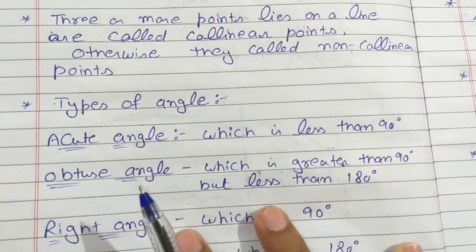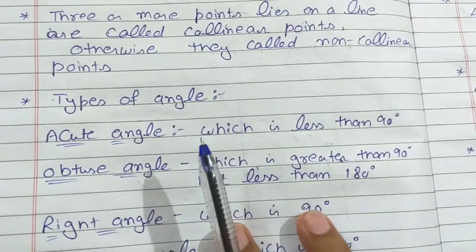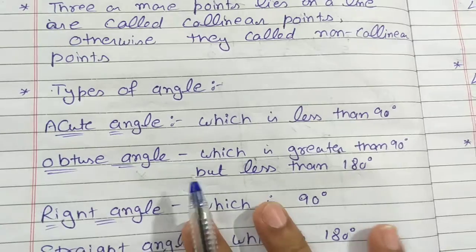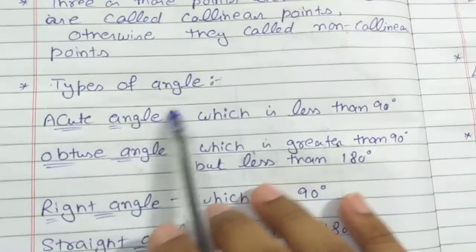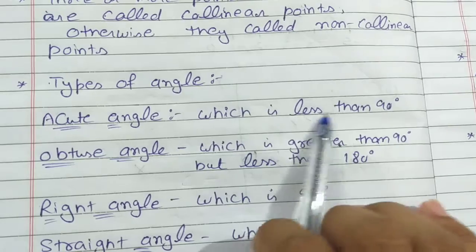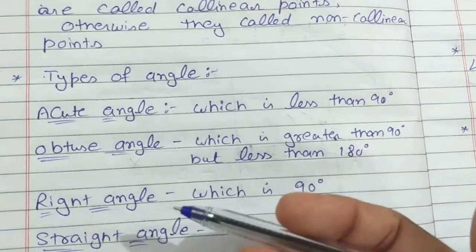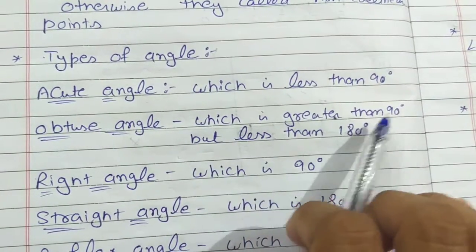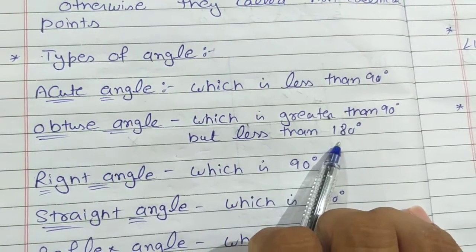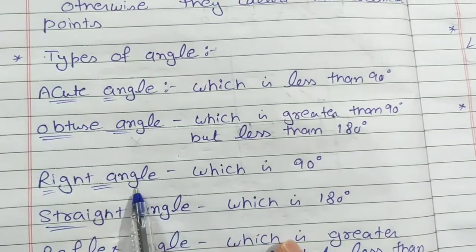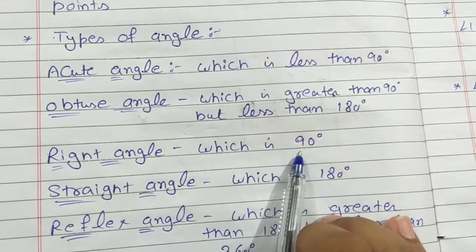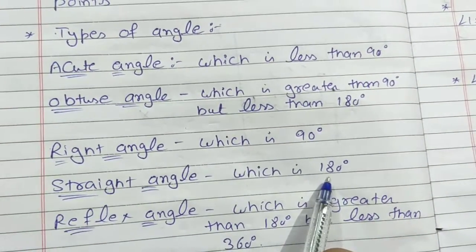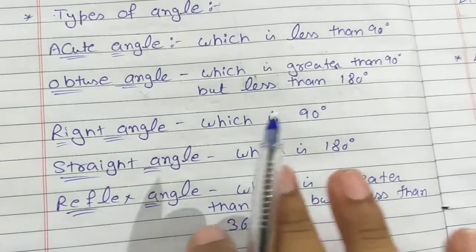Now next one is types of angles. You know very well about what types of angles there are, but we are recalling it once again. First of all, acute angle, which is greater than 0 degree and less than 90 degree. What is an obtuse angle? An angle which is greater than 90 but less than 180, that is called an obtuse angle. What about a right angle? You know very well, that is exactly 90 degree. What is a straight angle? It is 180 degree, or we can say that it is a straight line.